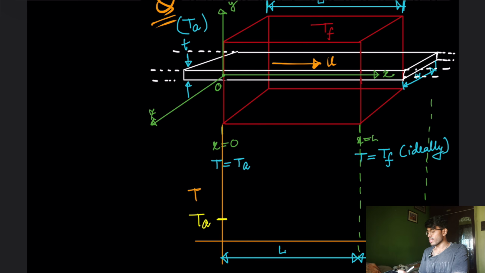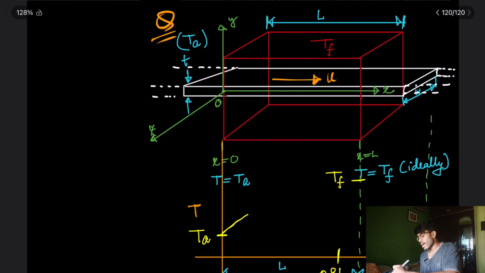Okay. Now here it is T ambient, and inside the furnace it is TF. So there is a high temperature difference, right? So that means the temperature will rise sharply, okay, but when it rises something like this, it is not linear. Now if this temperature is TF, the moment you are maybe at this position, at 0.8 L maybe, the temperature of the rod has sufficiently